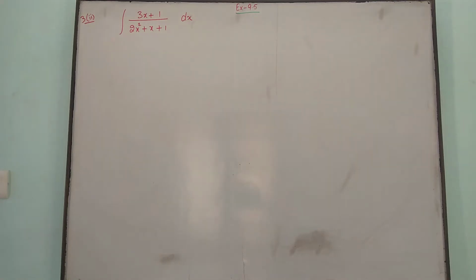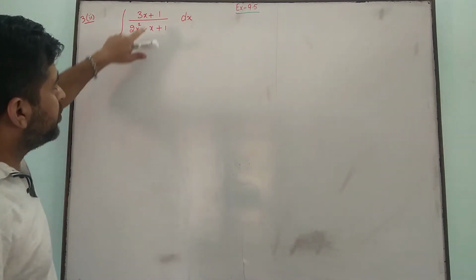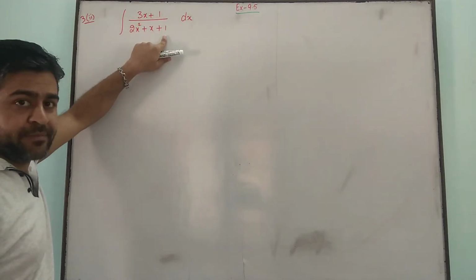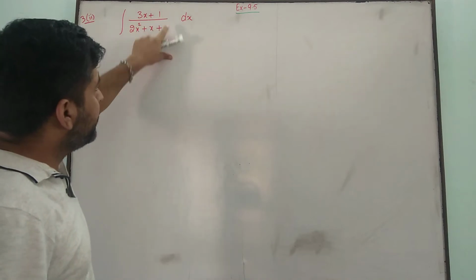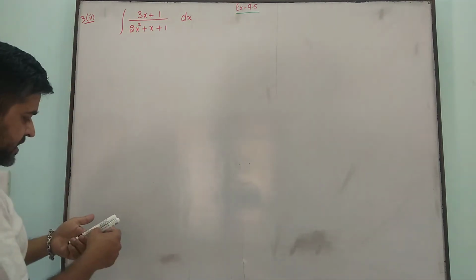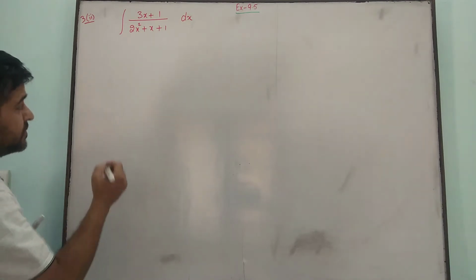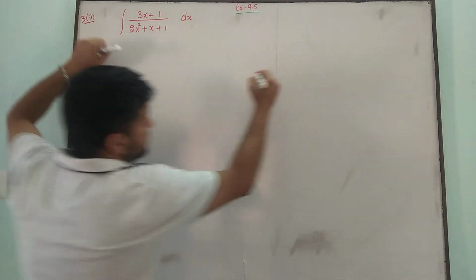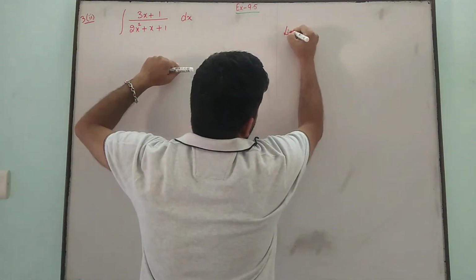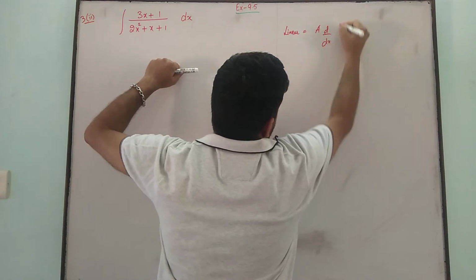Since we have question number 3, second part, (3x plus 1) divided by (2x square plus x plus 1). This is what is called the linear upon quadratic method. What is it? Linear upon quadratic. What we have to do is that linear will be equal to a into derivative of quadratic